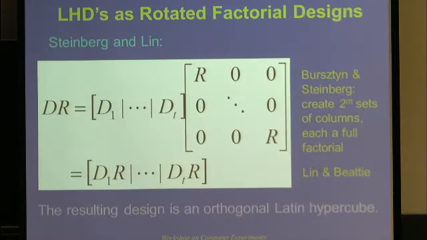Okay. Well, now how do you form a full design? That's nice if I have just one full factorial, k factors, and k is 2 to the m, and I want to get a new k factor design. How do I put together a larger design out of that? Well, the trick is simply to group the columns into groups. So for example, suppose R is an 8 by 8 matrix. I start with not